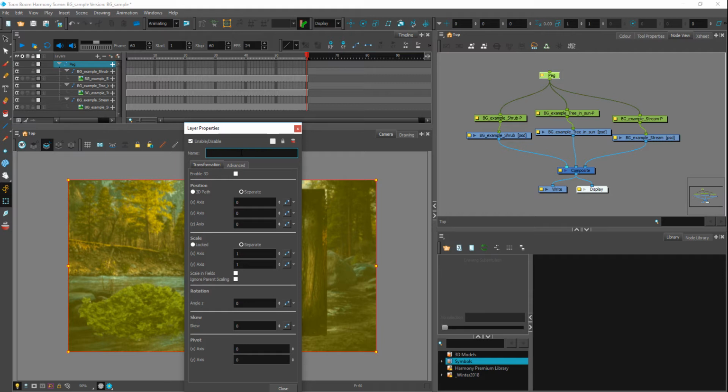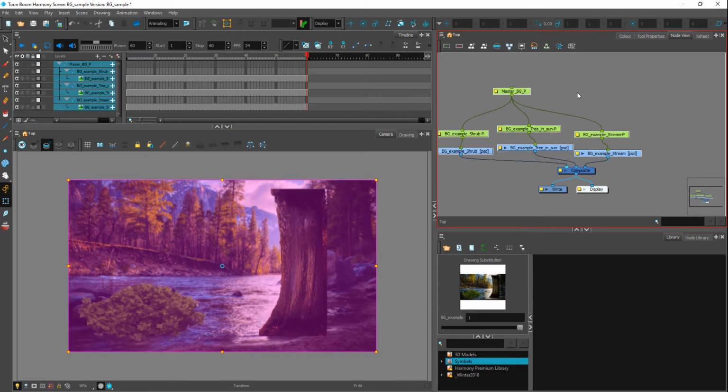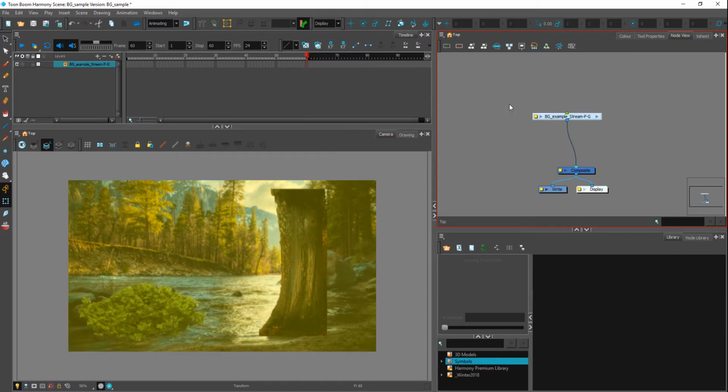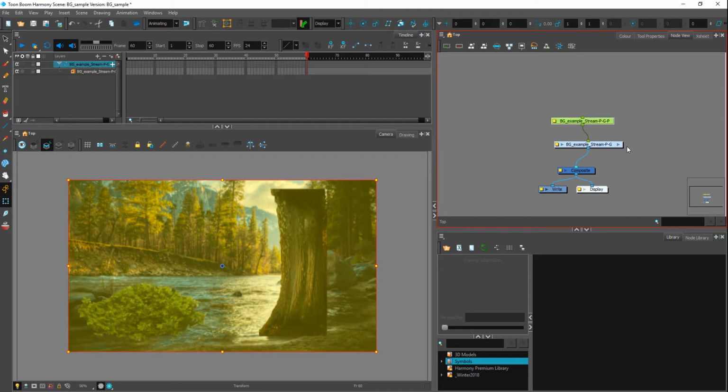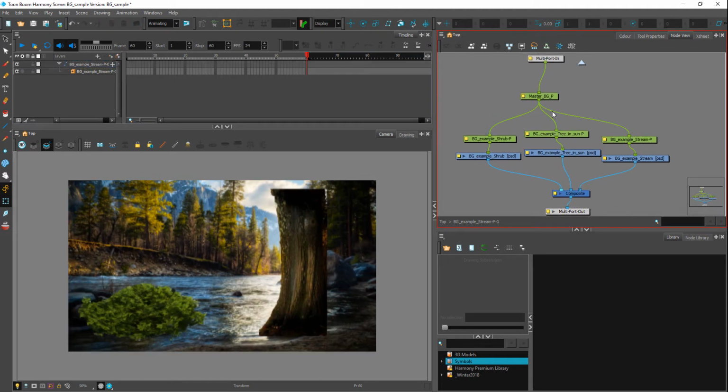So I'll call this master BG peg, and I'm going to select all of this, and I'm going to hit Control Shift G, and that's going to package it into a nice, neat background group. You can go ahead and give it a peg as well if you'd like. So inside here now you have a nicely organized